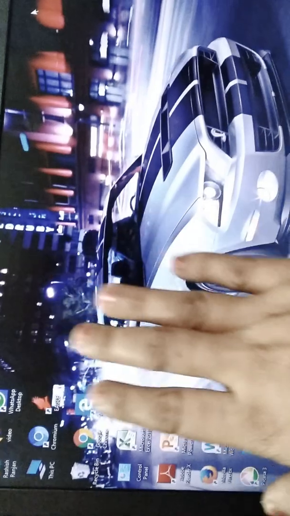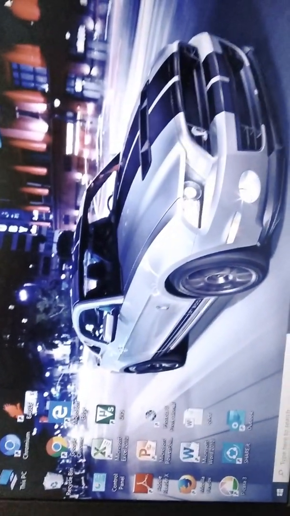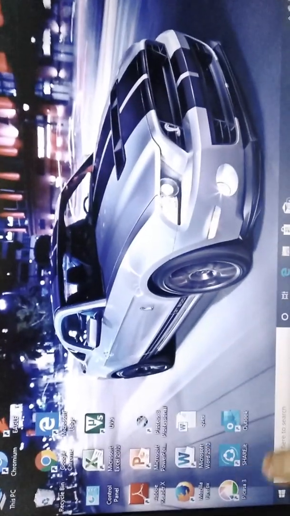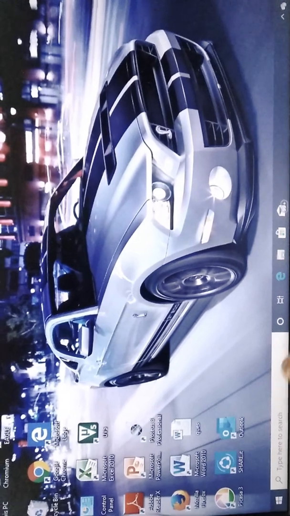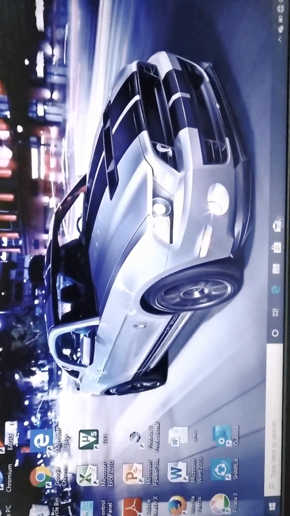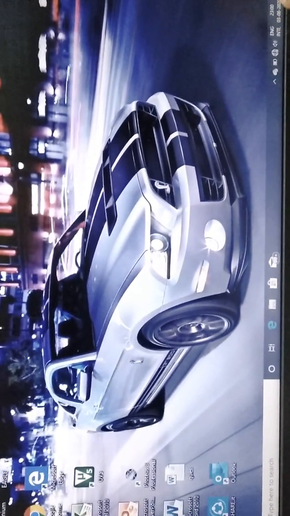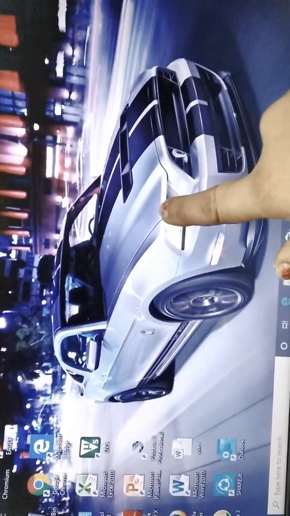So icons are of different files, folders and software. And this is the taskbar. Here is your start button, and this is your notification bar, and here the date and time is there. So this is the taskbar.